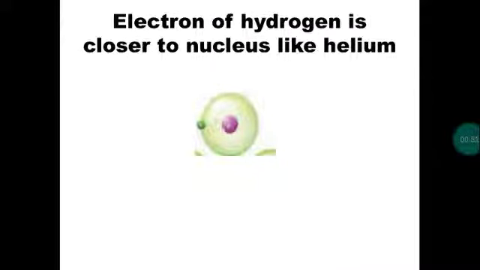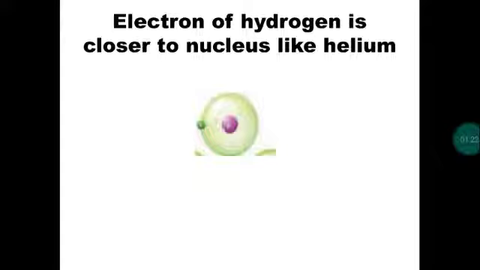When we consider the electron present in the hydrogen atom, it is very close to the nucleus, as you may observe in the picture. The electron which is present in the first shell, as we know, is closer to the nucleus. The proton has a greater force of attraction towards the electron. So the attraction between the proton and the electron is high, so the electron cannot be easily removed. So we need more energy to remove the electron.